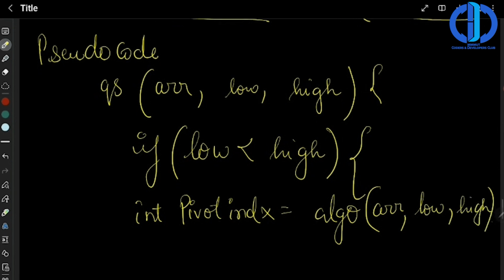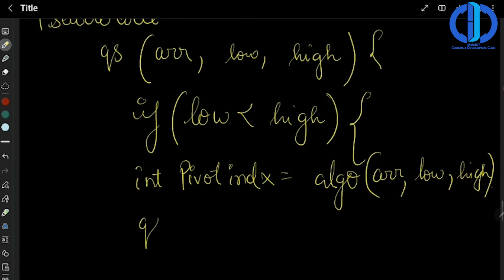And after getting the pivot index, we again apply the quick sort